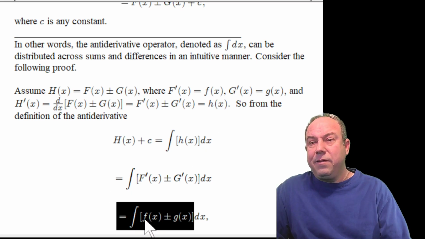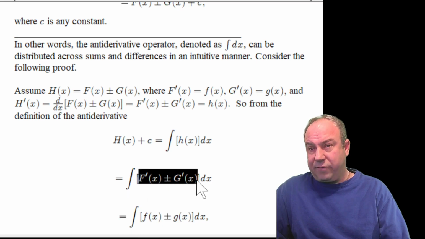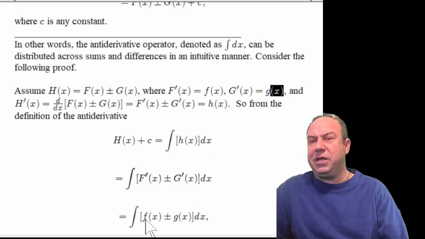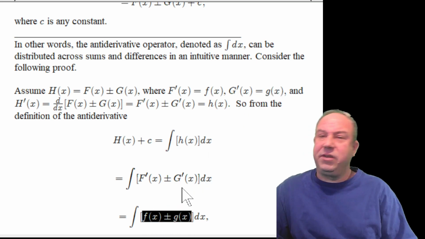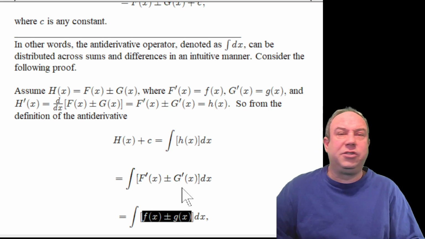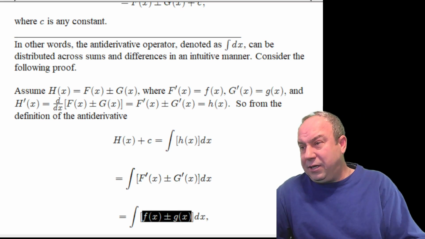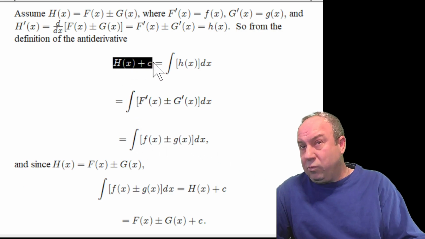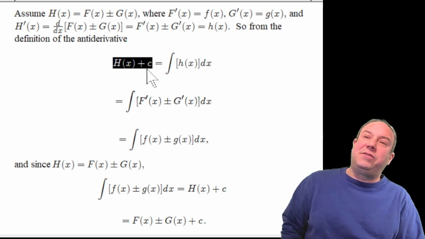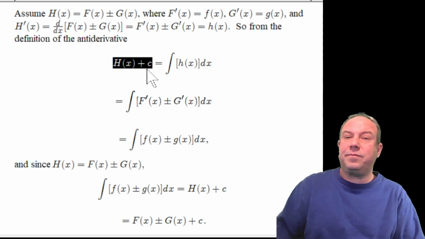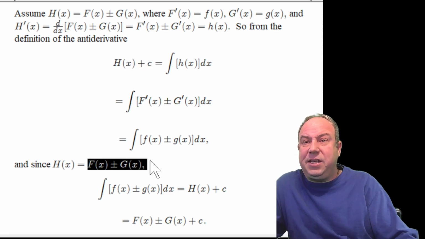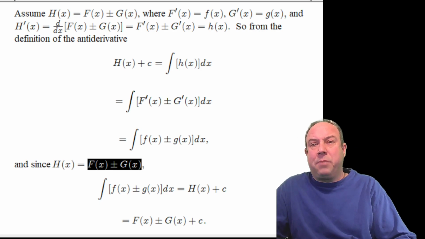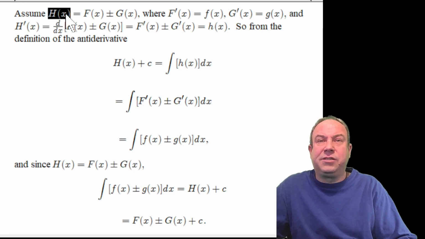So, in turn, since those first derivatives are individually equal to little f and little g, we end up with the antiderivative of little f of x plus or minus little g of x being equivalent to cap H of x plus c. And since cap H of x plus c is equivalent to the sum or difference of cap F plus or minus cap G, as we had initially assumed,